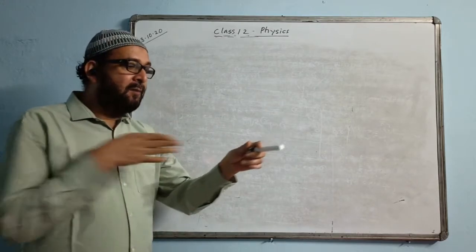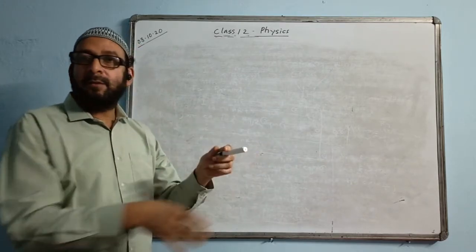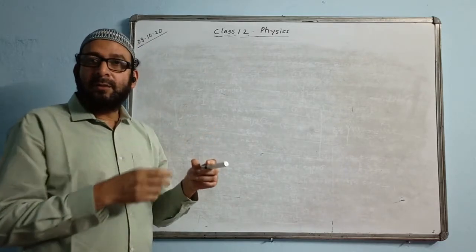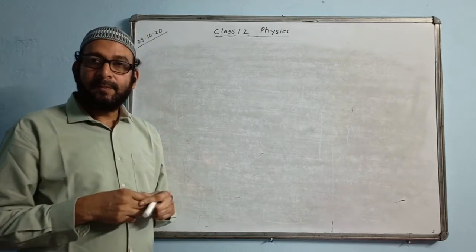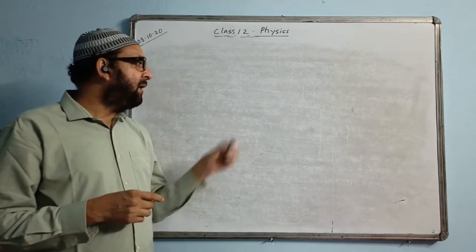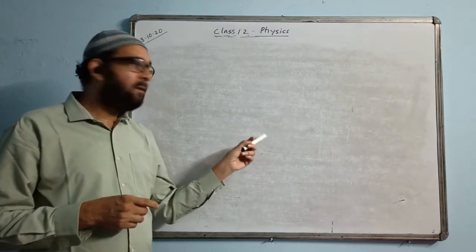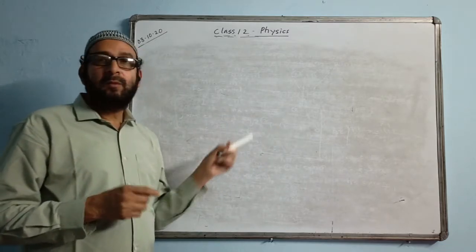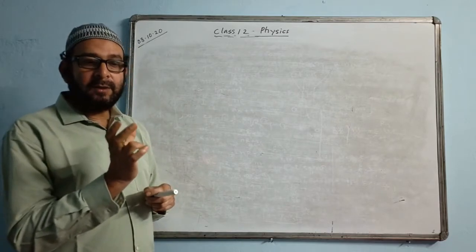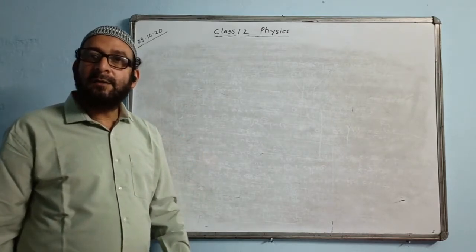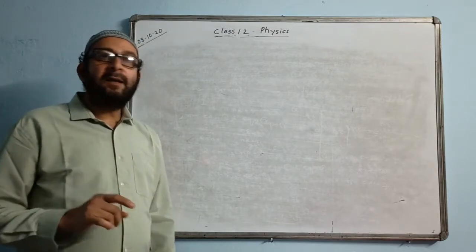Because in series, the current flowing will not be distributed or obstructed by the ammeter. Whereas voltmeter is always connected in parallel so that it should not consume more current, because it has to measure the potential difference between the ends of the resistor. It is always connected in parallel. So you got an idea.